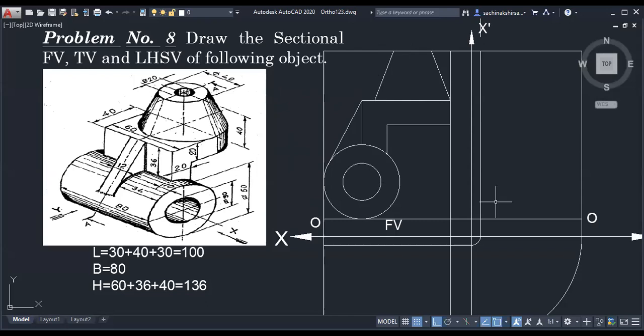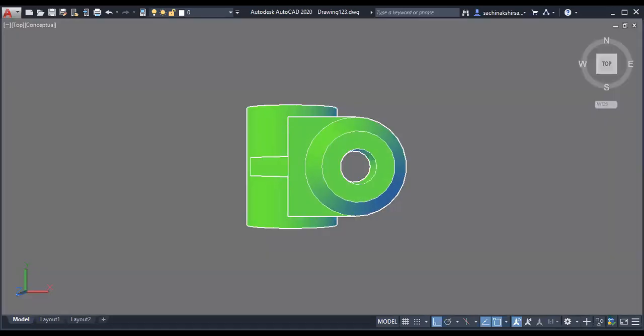Now there is one hole. Okay, there is one hole throughout. That hole is throughout. So for this object, there is one hole which is a throughout. So this hole is throughout. Are you observing throughout hole? So it is a throughout.